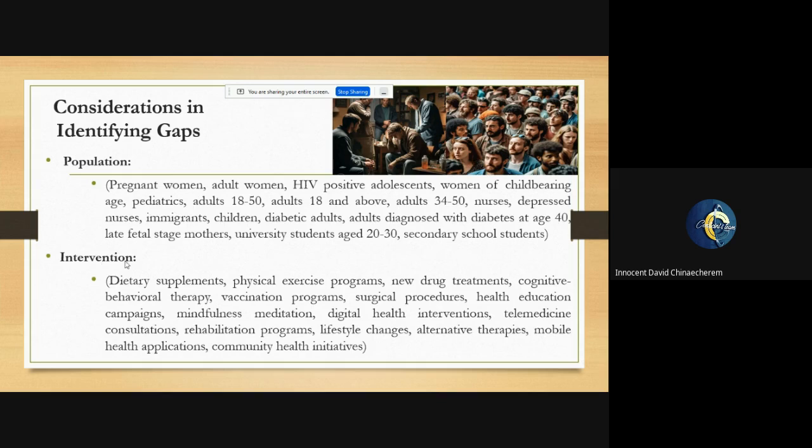So based on intervention, let's say you're looking at interventions. It could be dietary supplements, physical exercise. So what type of physical exercise? It's still broad. When you say dietary supplement, it's still broad. So maybe I'm doing my PhD. I can do a PhD program on dietary supplements, but I won't just do it on dietary supplements. I might go deep into the chemical composition of a certain dietary supplement. And when I come into that particular area, I need to start thinking about what everybody has done